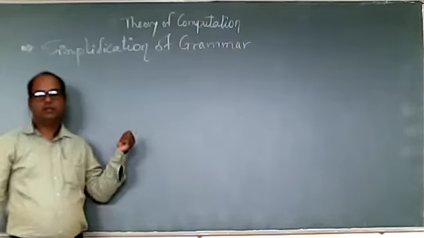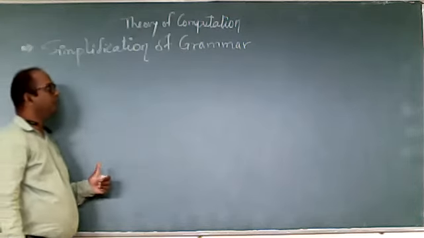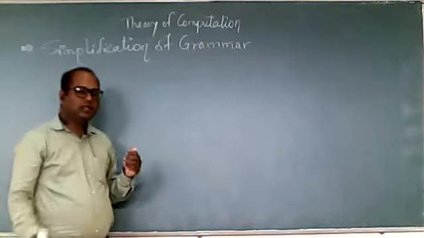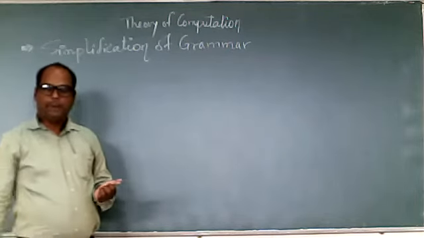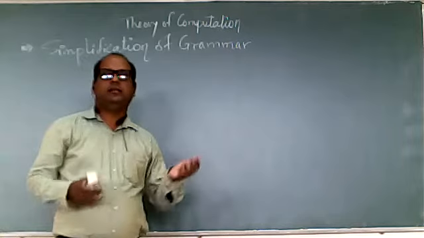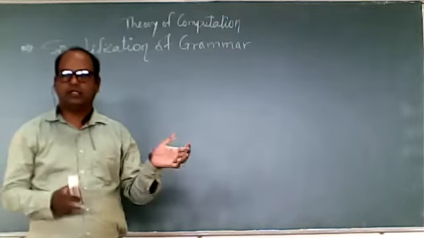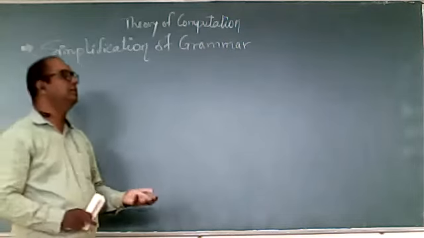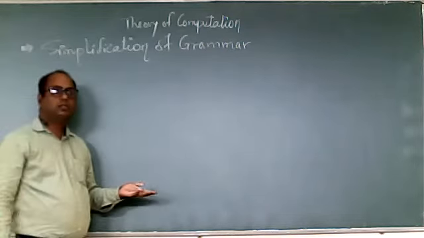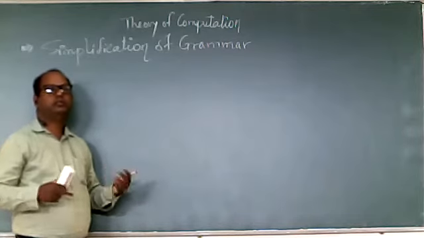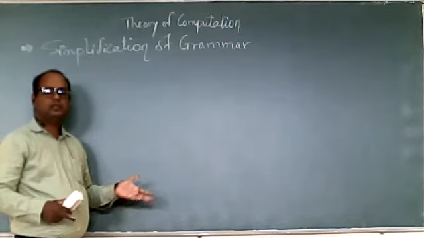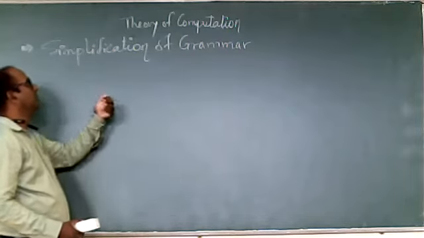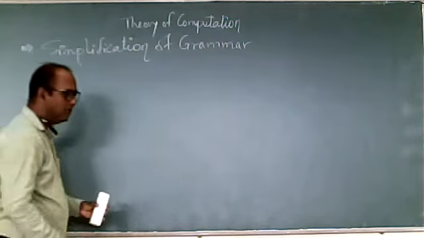We'll just start with the new concept called the simplification of grammar. Now, why do we need to simplify the grammar? Simplification of grammar means, can we write the minimum, less number of productions for the same productions? That is called simplification of grammar. We'll try to reduce the ambiguous concepts so we have more simplified productions. That is called simplification of grammar.